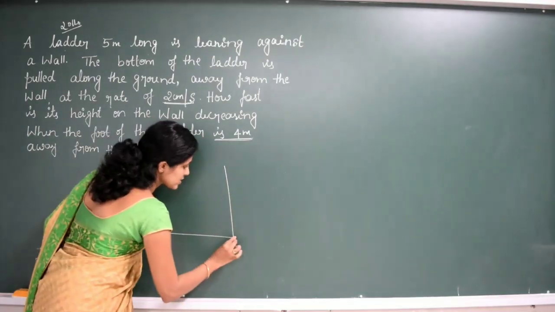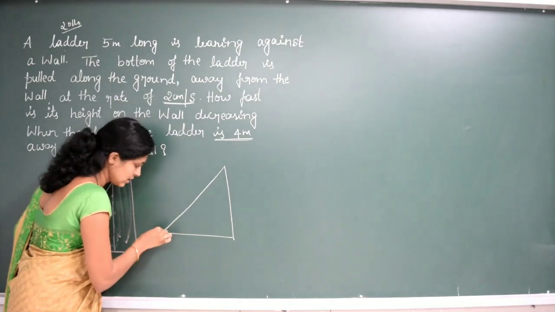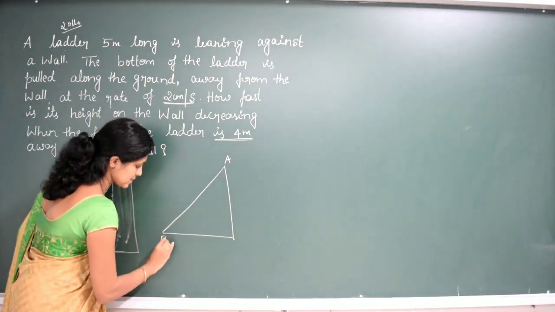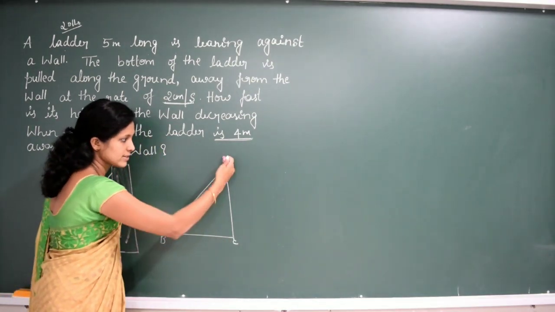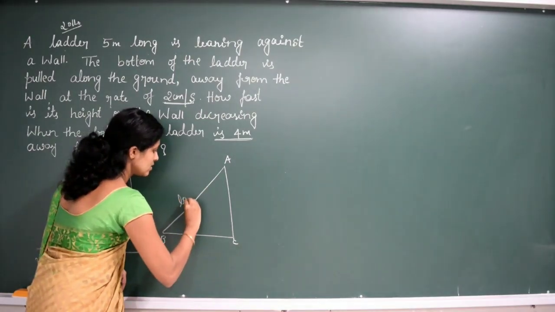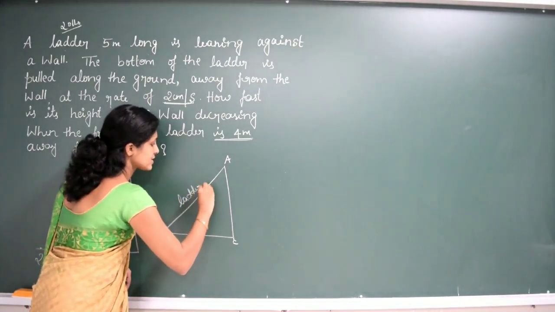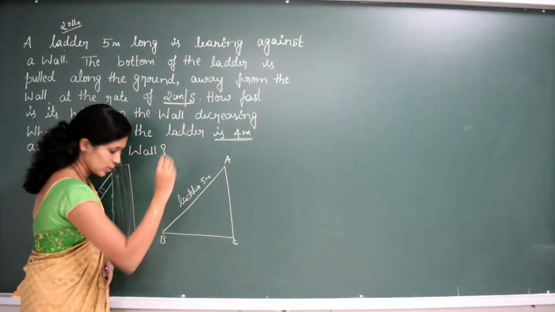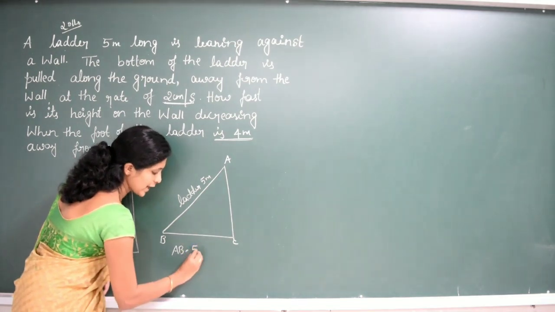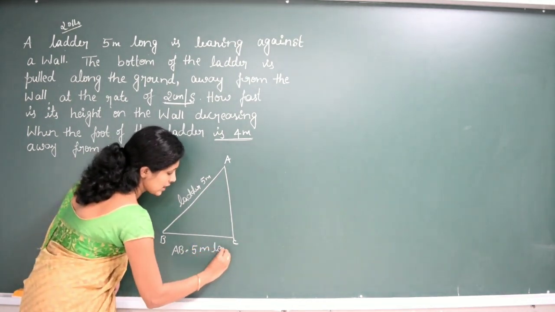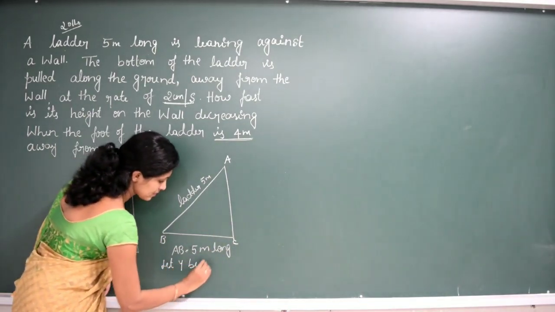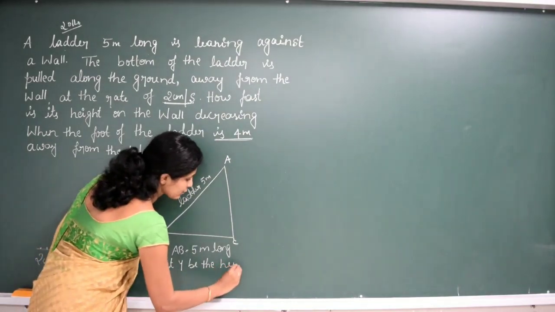Okay. Now this is a wall and this is a ladder. No need to draw this one, just draw this. It's enough. I'll consider this as A and this as B and this as C. Obviously this wall and ground will be at 90 degrees, right? So this is now the ladder. Okay, and it is given that it is 5 meter long. What is given? AB is a ladder. This is equal to 5 meter long. Now we'll consider let Y be the height of the wall